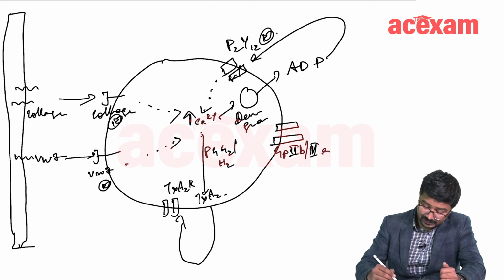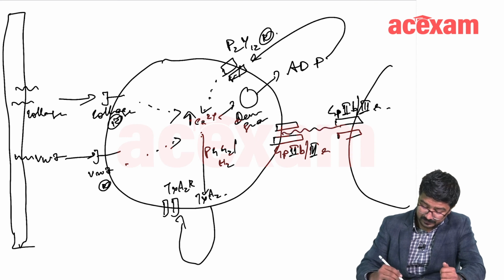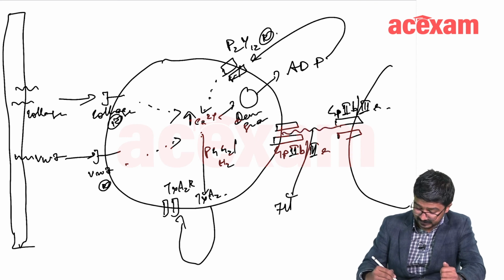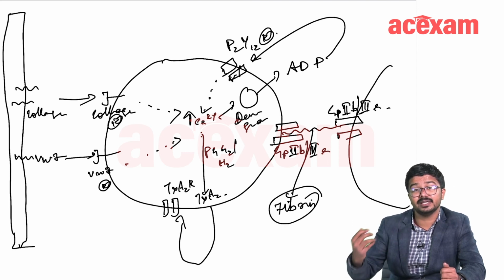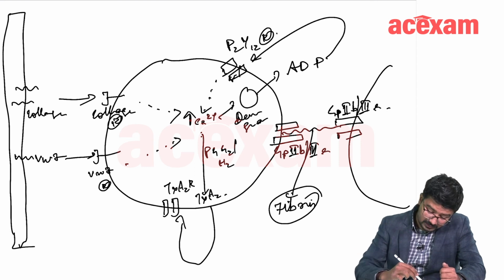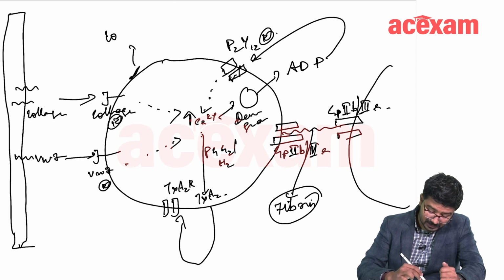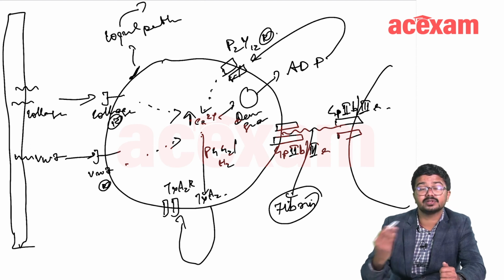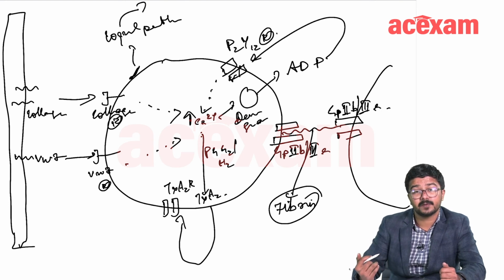Now, these GP2B3A receptors are responsible for aggregation by combining with fibrinogen, that is fibrin. How does this fibrin come? Because fibrin is a part of the coagulation pathway, right? So that is also activated by platelets. How? The surface exposed on platelets causes activation of the coagulation pathway. From that, thrombin gets activated, and from thrombin the fibrinogen gets converted to fibrin.